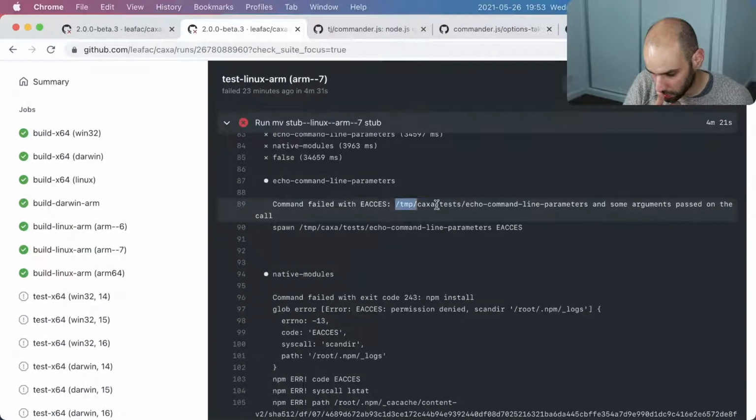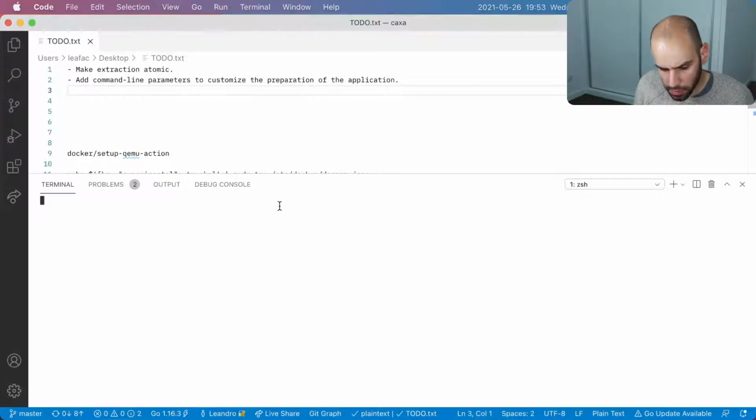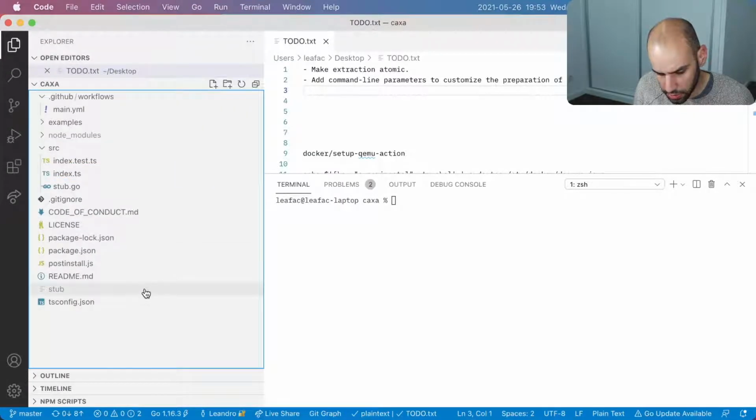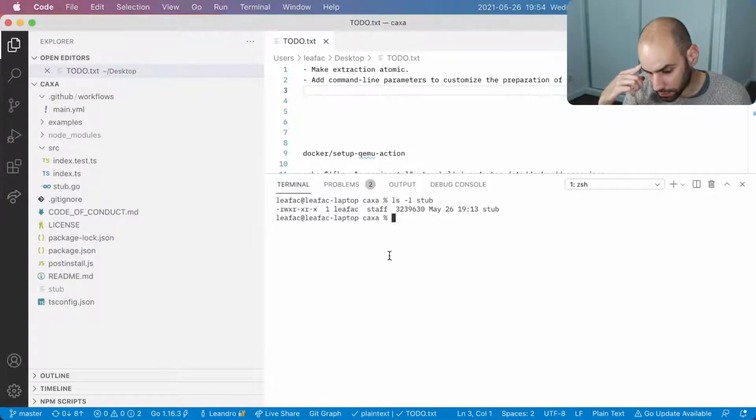Yeah, so oh, I think I know. No. I was gonna say that the problem is that the file was not executable. Yeah, that could be the issue. You know what? Let's just do this right now because I think it will only take a couple seconds. What are the permissions here on the stub? It's executable, and that's because we built the stub here on our machine for testing.